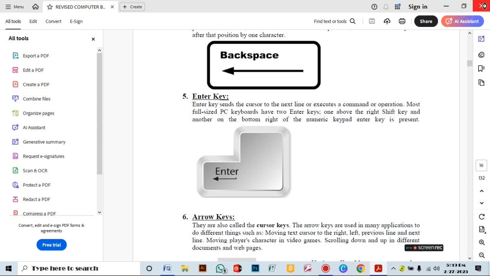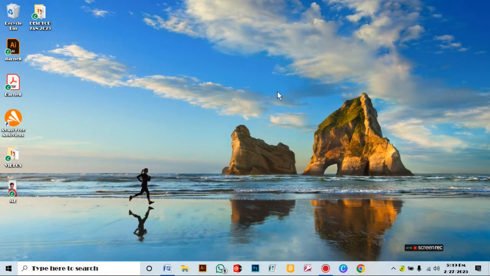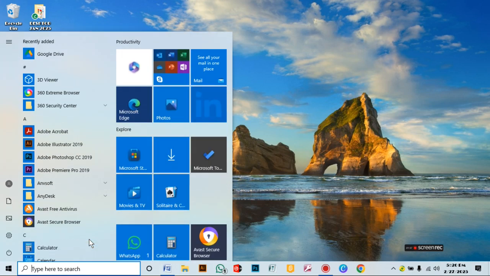I want to do practically those parts of the keyboard. Number 1, I'll open a Microsoft Word document. We have the start button here in our screen, and the same start button, we have it in our keyboard. Remember, we are teaching grade 1s and they are not used to the mouse, so I highly recommend you use the keyboard. So you click the start button in your keyboard, then you type word,